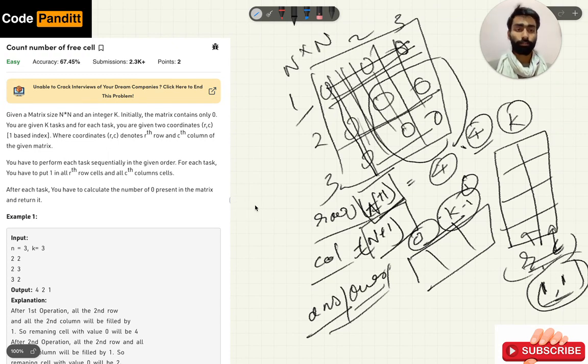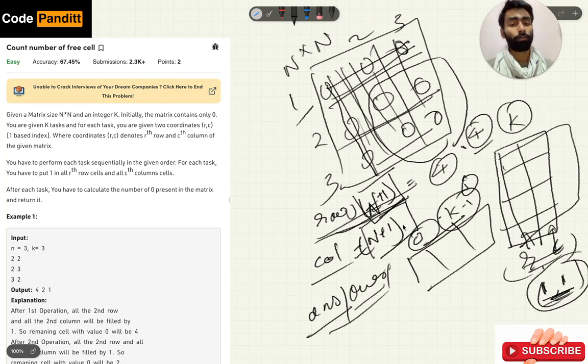In each iteration we get the row and column from the location matrix which is provided as input. We will first check, for example if it is 1 comma 1, whether the elements in the first row and first column are already filled with 1.